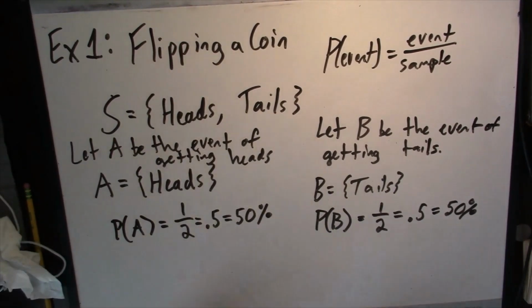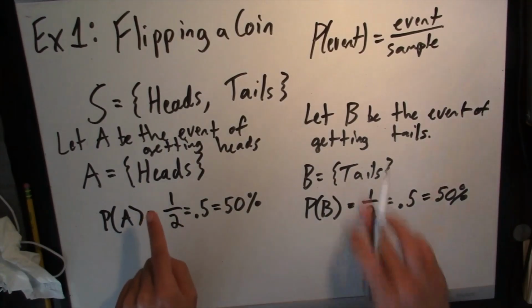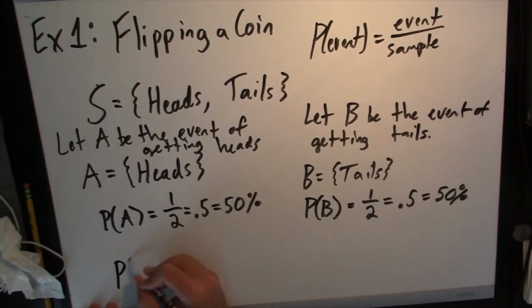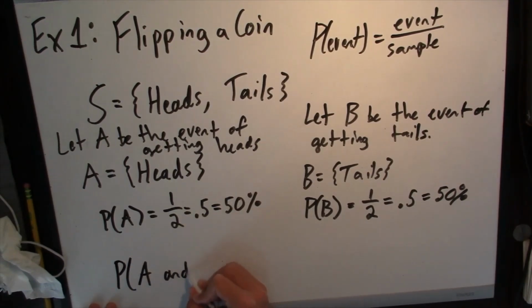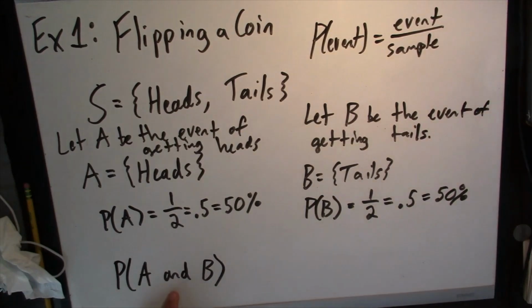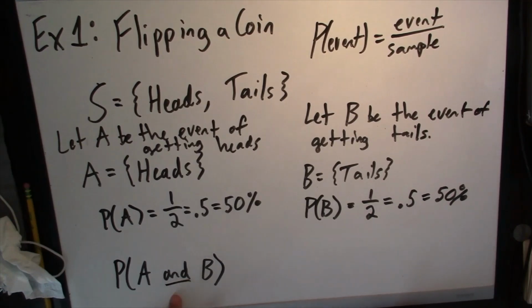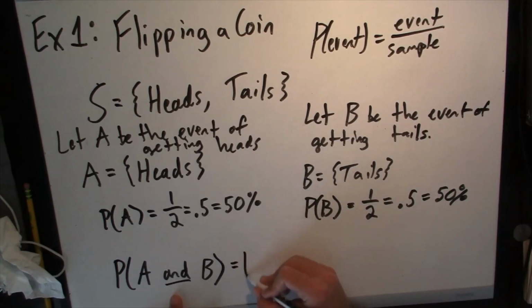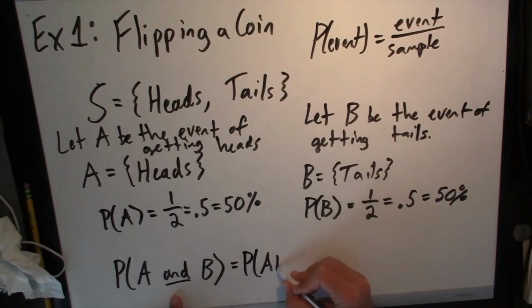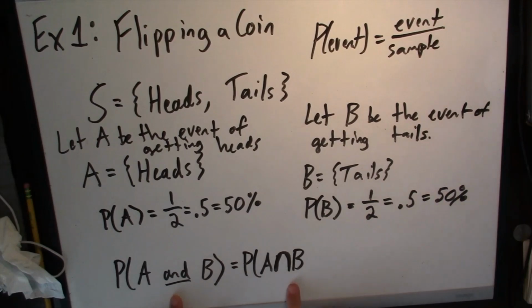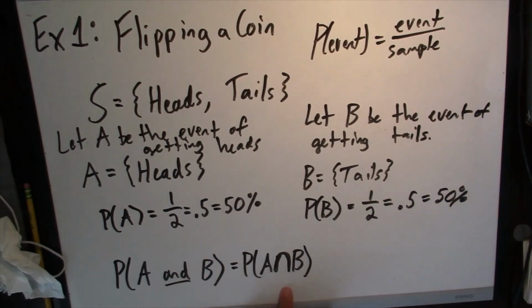So the other thing we can do, that was the probability of getting heads or tails. What would the probability of getting heads and tails be? Well, this keyword "and" tells us we're going to be doing an intersection. So we're finding the probability of A intersect B, which is this upside down U shape, like this. Okay, so A intersect B is going to be, what do the two sets have in